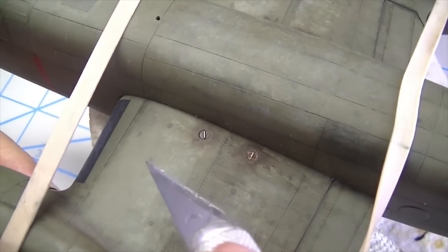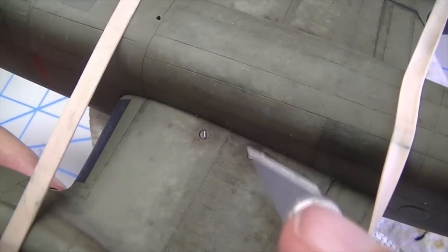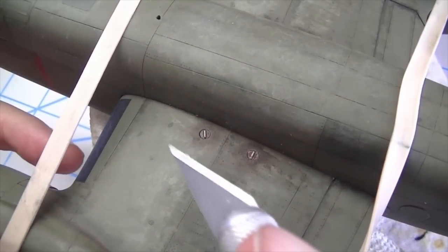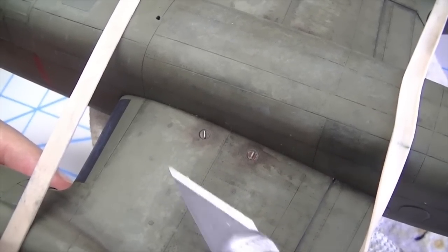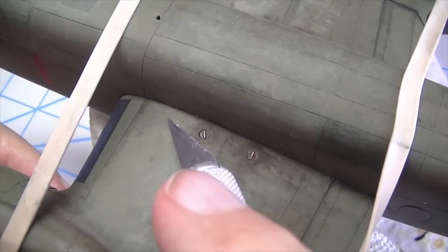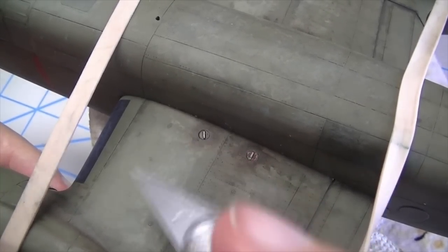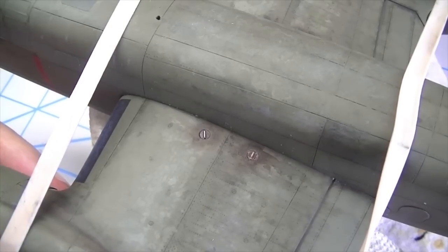I've seen some things in videos lately where people are taking extra thin and brushing it along the entire length of the joint, and that's just simply not necessary. The magic of extra thin is the capillary action that lets it flow into the joint. So all you have to do is just touch it. And if you're precise and you get it right there in the corner, you shouldn't have too much of an